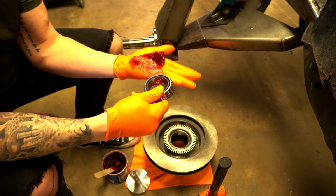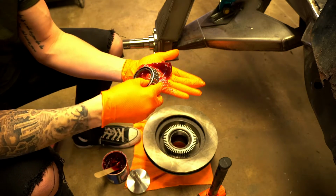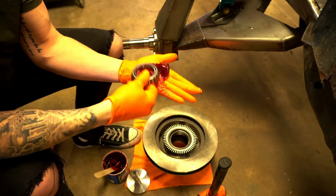And as you go around, you'll see that the grease starts to poke through right here. So that means that it's packed. So then you just kind of keep rotating it